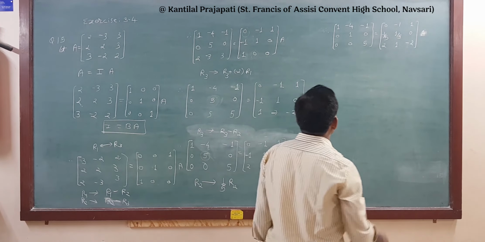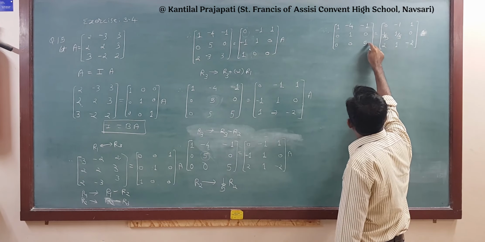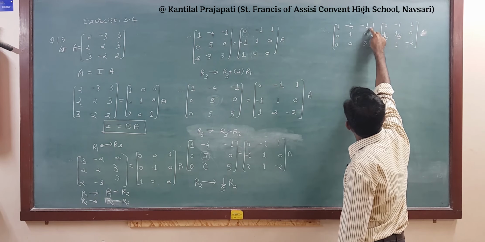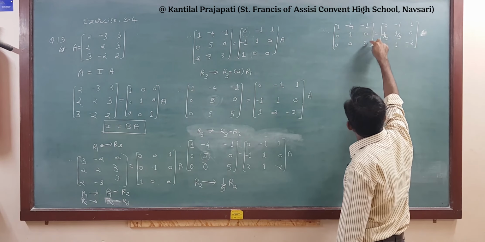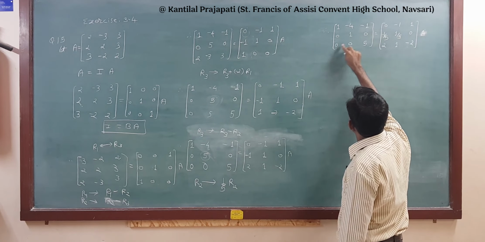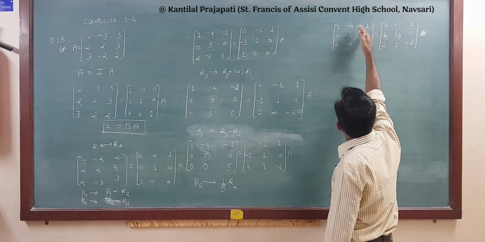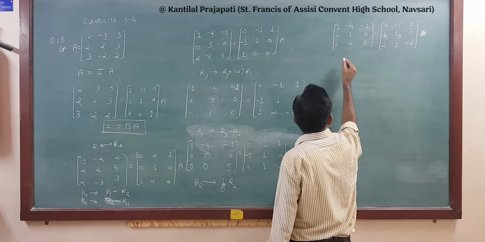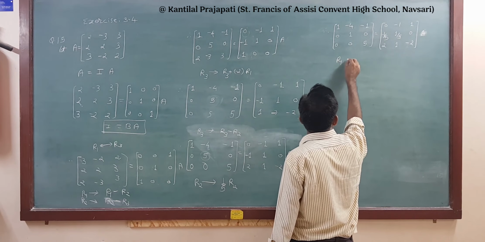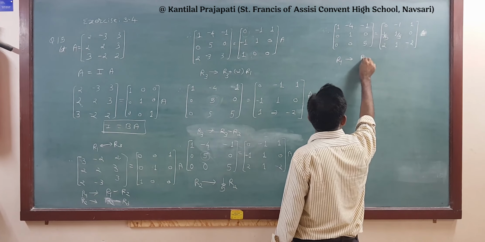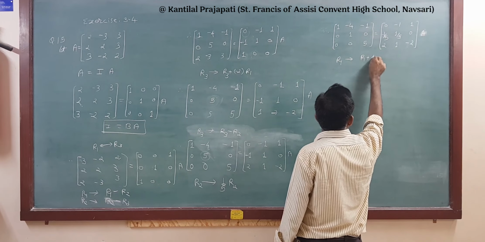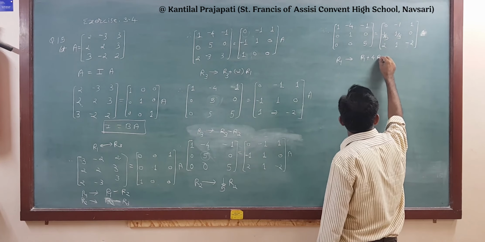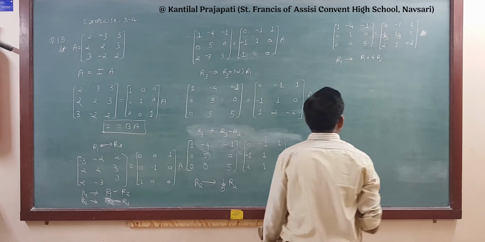Right? Now require what here? Require 0 here. Require 0 here. Here also 0. If we multiply this by 5 and add here, then this 0 will be cancelled. So we cannot apply this notation. So we have to get 0 first here. Right? First we get 0 here. So in the first row, R1, what is R1 plus 4 into R2, minus 4 plus 4, right? That is, the second row is multiplied by 4 and added into the first row.